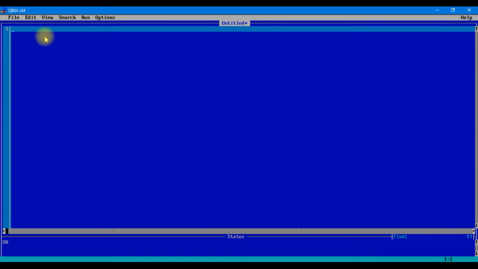I have installed a few softwares using which I can run QBasic 64 in Windows 10. There might be some issues while running because this software is not specifically made for Windows 10. It was made for Windows XP and previous versions of Windows.